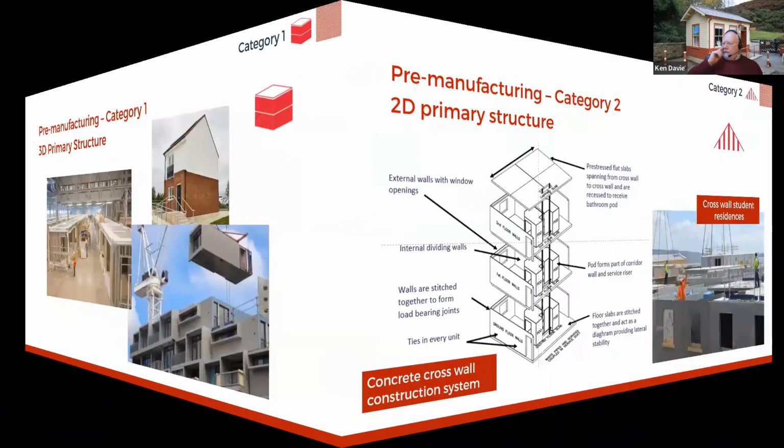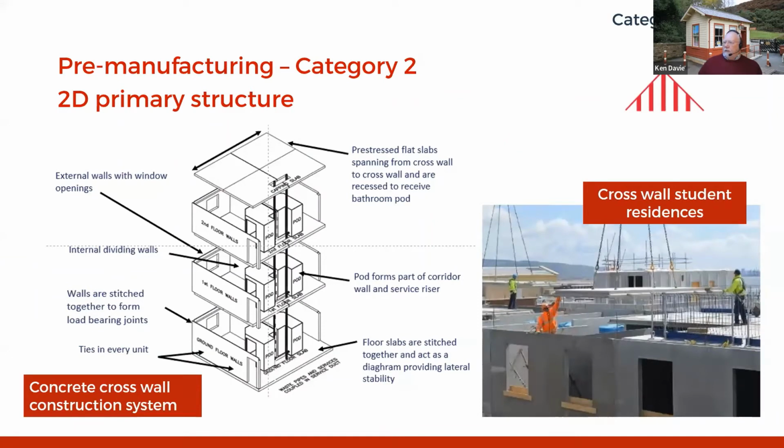The next category is 2D primary structure, which tends to be described as Flatpack. Possibly more potential in terms of retaining walls and other structures. As I said before, a lot of these images were basically set up from an architectural and a building point of view. And this little diagram obviously shows you how a Flatpack works. One of the big advantages from a building point of view is that you don't need scaffolding to erect this system, as you can see from the image down the bottom right.